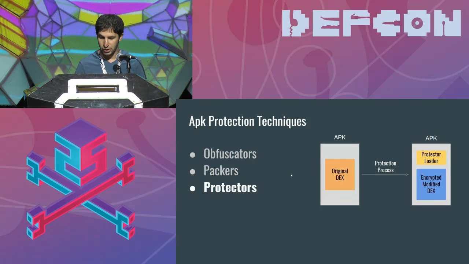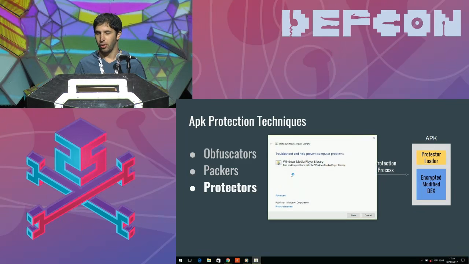And there are also protectors that work in a bit of a different way. They take the original DEX file, but they don't only encrypt it, they also modify it. Why are they doing that? They want to add another layer of protection. Let's say one of the protectors that we saw in the wild adds encryption at the class level, meaning only when a class is initiated,